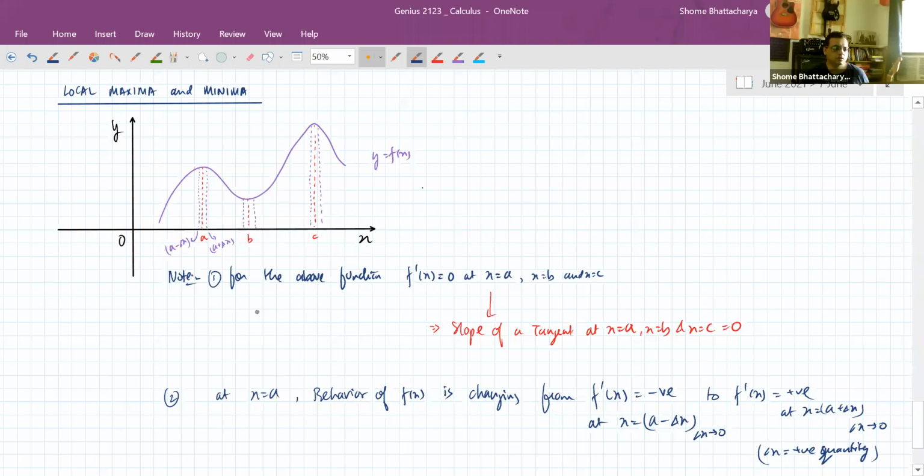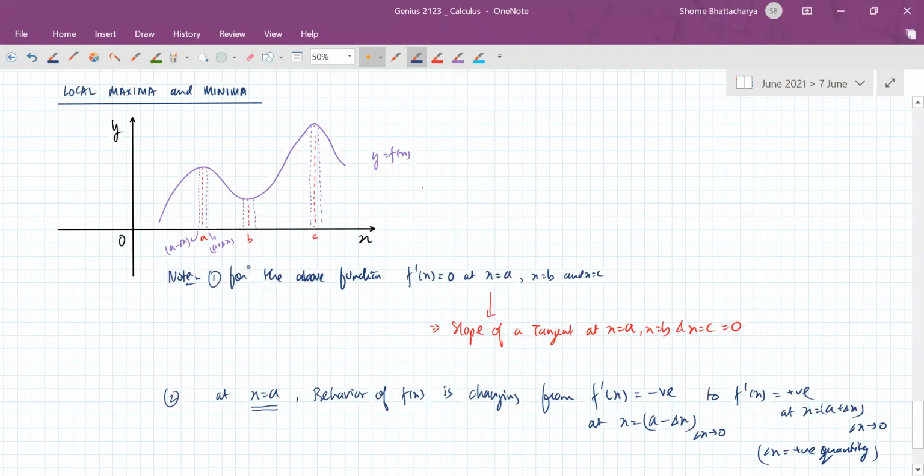So now the second point I've just made about the point x equal to A. Now similarly, we'll make an observation like that about the points B and C also. So we'll see that C has the same behavior as A as far as the second point is concerned, but B has the opposite behavior. In case of B, just before B, the derivative is